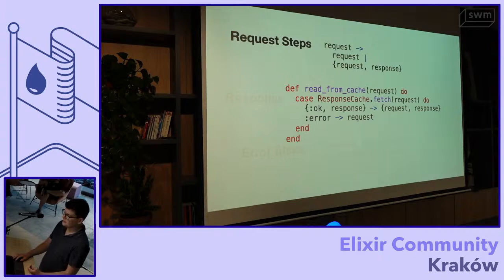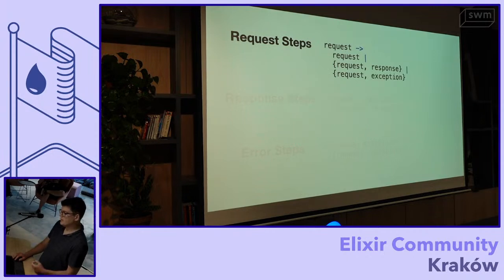Maybe we have a step that tries to return a cached response. We take the request and look it up in the cache. If it was cached, we just return the request response tuple. And now what's going to happen is Rec will no longer pass the request through the request steps because we don't want to actually make the request. It will take this tuple and pass it through response steps.